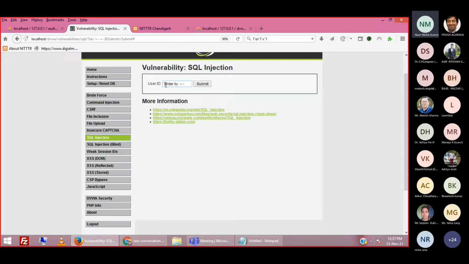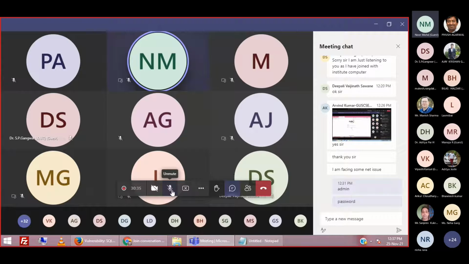Actually, our intention is not to sort the data. Our intention is to know on how many columns this particular query is running. So when we write ORDER BY, we have to specify the column name here: order by first name, order by surname, order by user ID, order by username, order by password. So whatever columns are being fetched, we have to order the query by them.